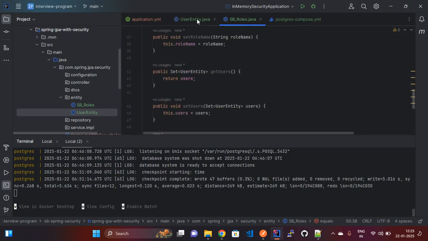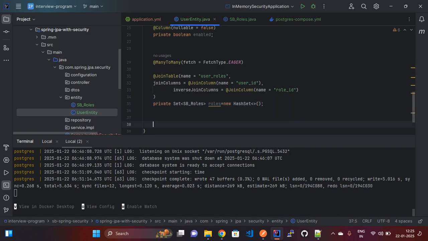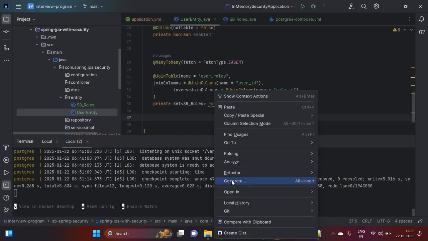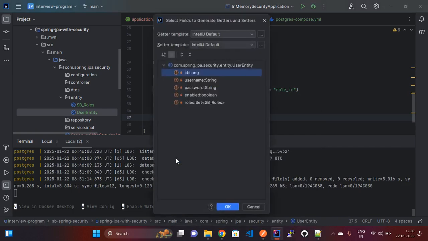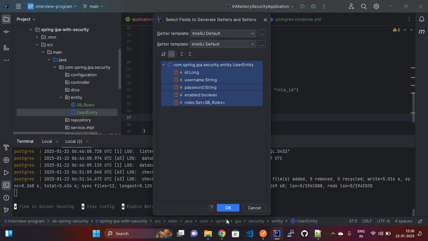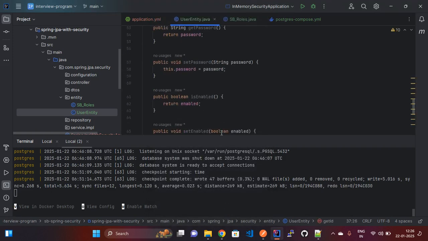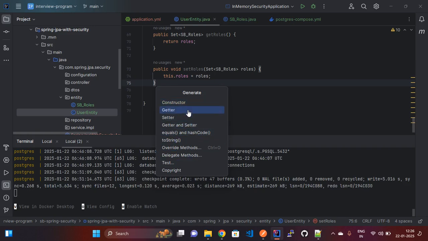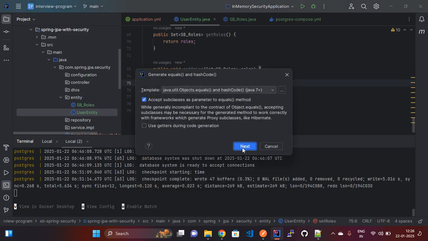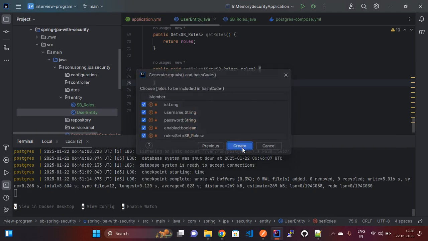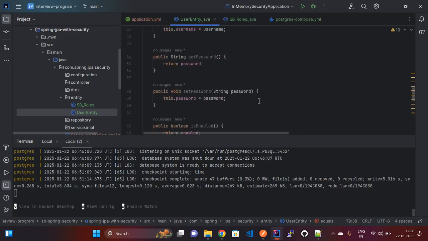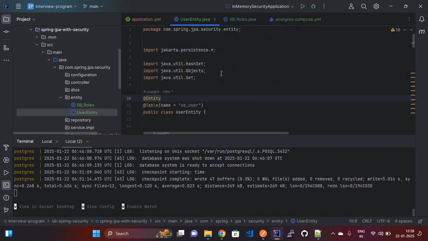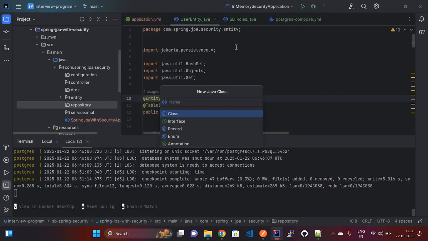Now let's go to the user entity. In here we are also going to generate the setter, getter, and equals and hashCode. Yeah, now our entity has been ready. Now let's go to the repository. In the repository we are going to define an interface as a user